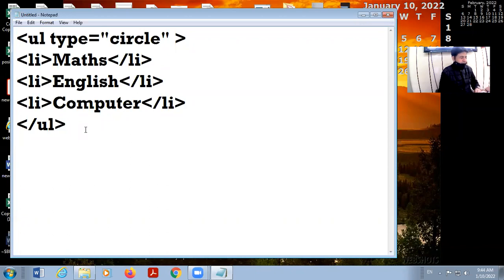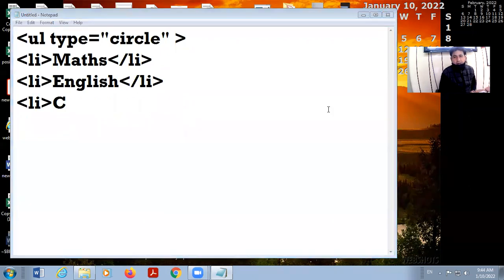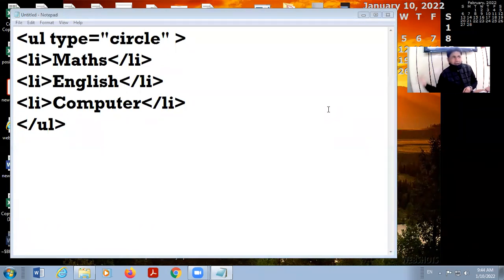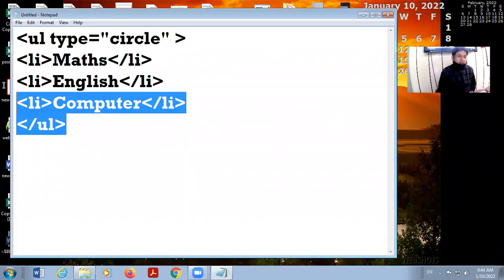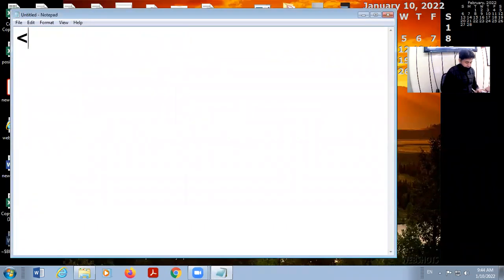And the next one is your marquee. Remember one thing: marquee is used for movement of your data, of your contents. For example, your contents move from right to left side. This type of movement we can give with the marquee. For this, I declare first the HTML tag, then the head tag.